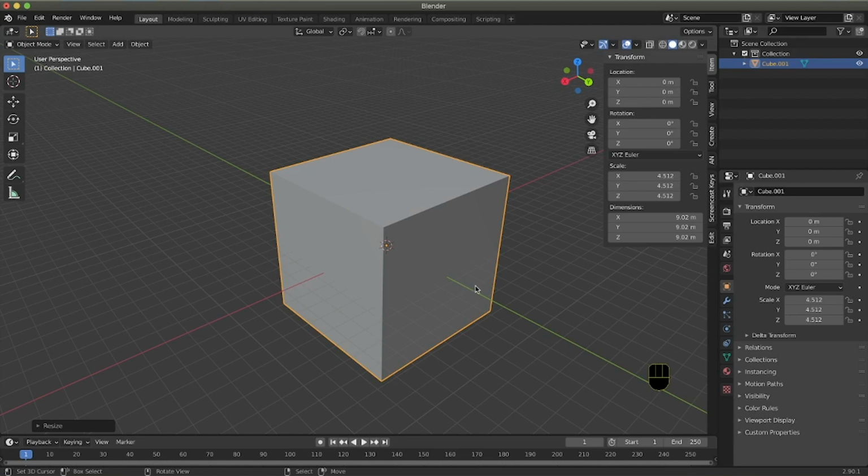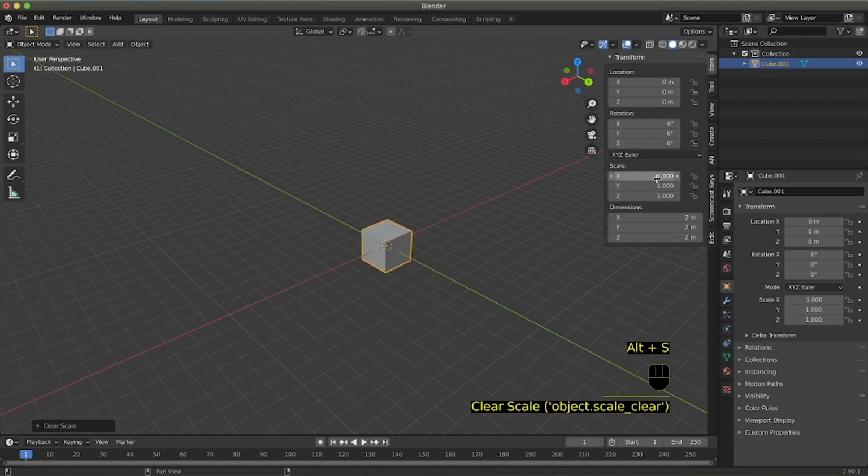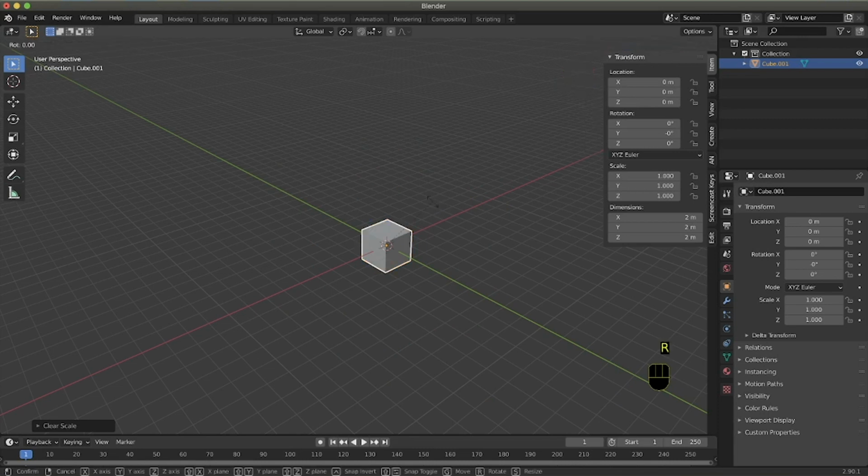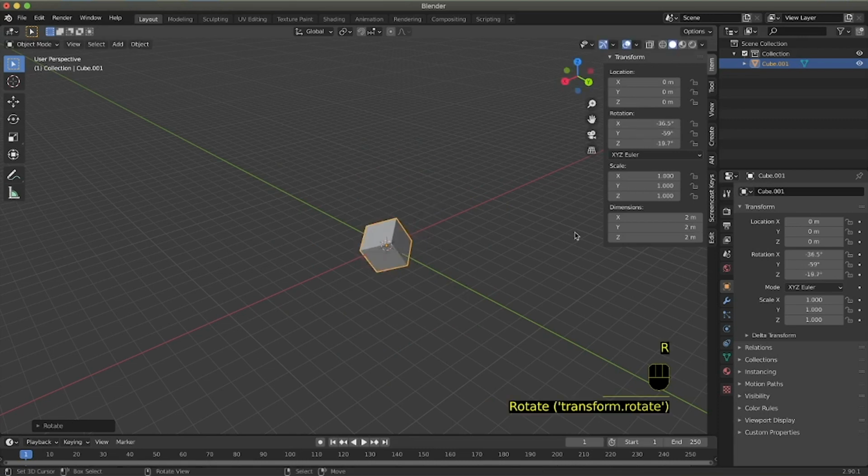If I want to reset the scale, again I can set these three values to 1, because the main value for the scale is 1, or I can press Alt S. And again with rotation, as you can imagine, R to rotate an object. If I want to set the rotation to 0, I can simply type 0 in the three values, or press Alt R and I set the rotation to 0.